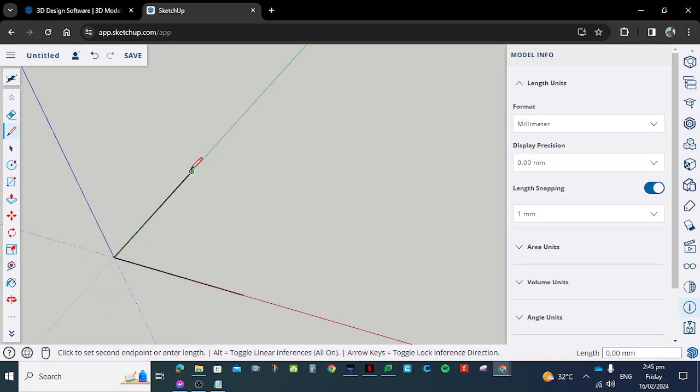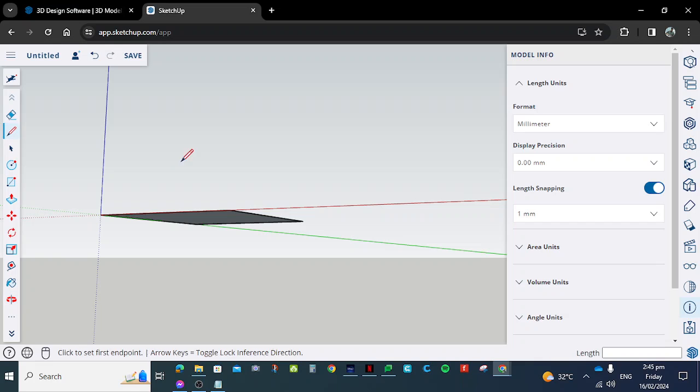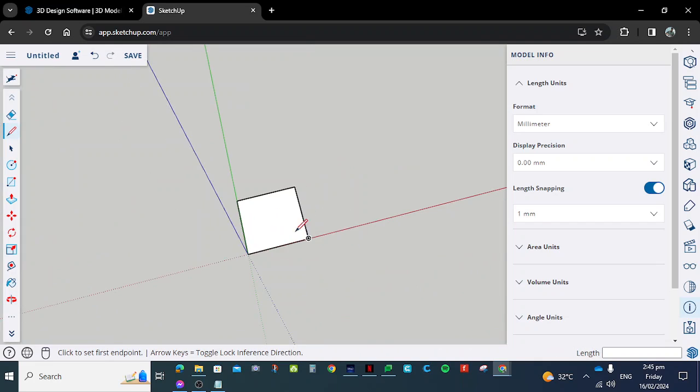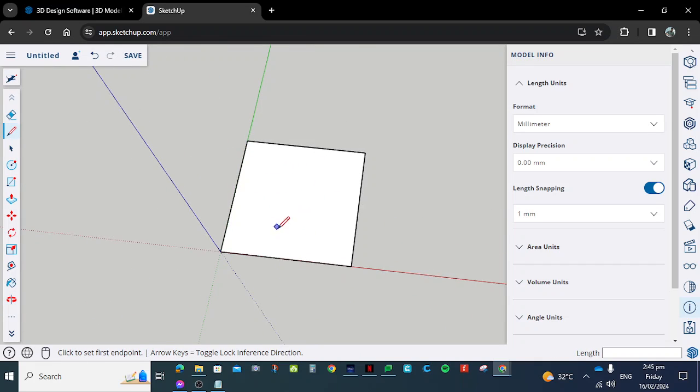So I can do the same for the x-axis or the red axis. So I'll move it parallel to the x-axis, and I'll just type 10. And in this case, the last line will be a lot easier. So I'll just need to connect this point to this point, and it's currently parallel to the y-axis. So I'll just click it to close, and let's check. Let's move around, and there. So currently it's in 2 dimensions or in 2D,